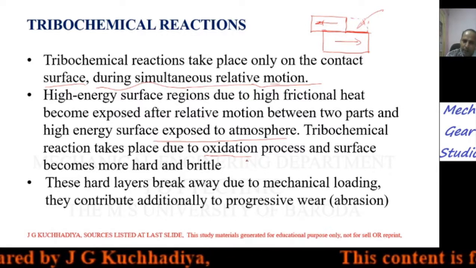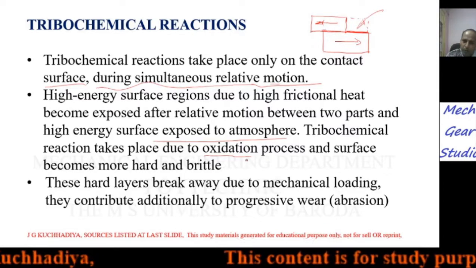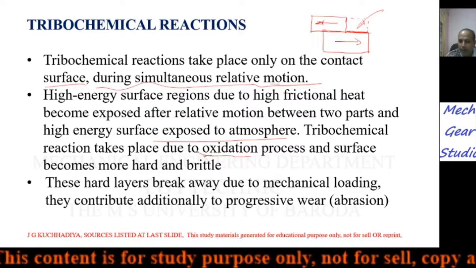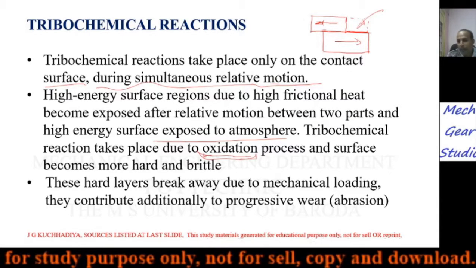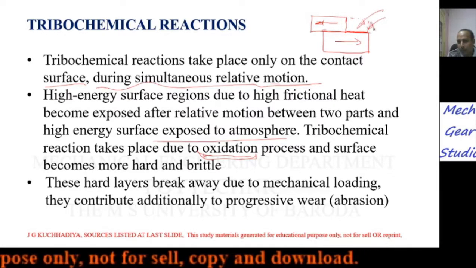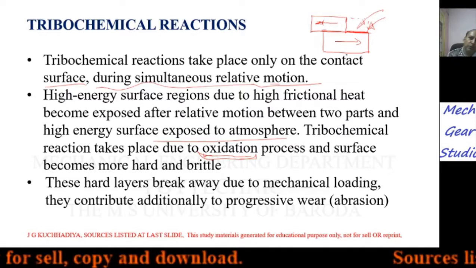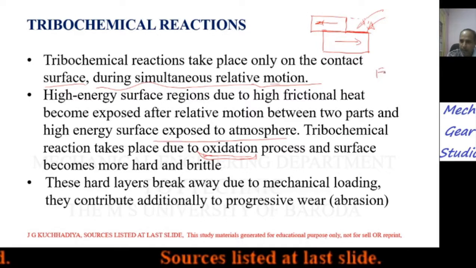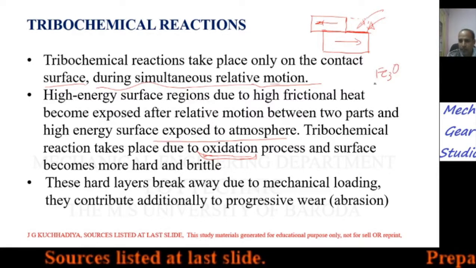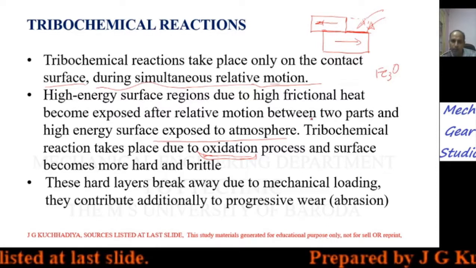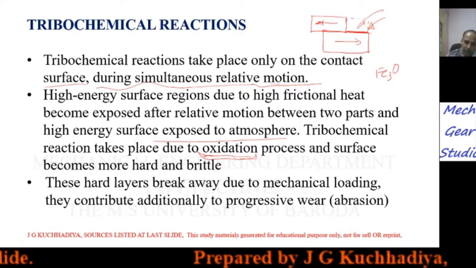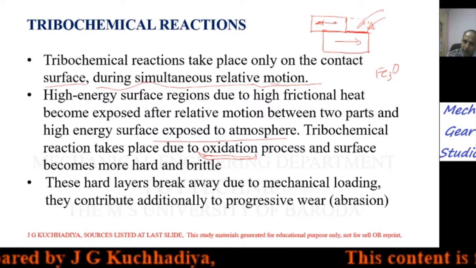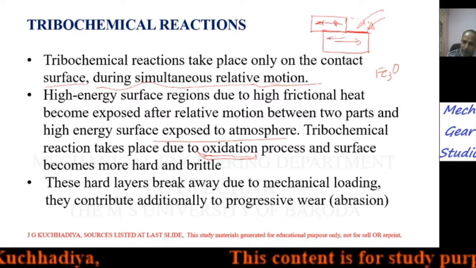Some oxides are created in the presence of moisture, that is corrosion, but for some materials oxidation reactivity is higher at elevated temperature. So here temperature is increased and oxygen is present in the nearby atmosphere. So this surface reacts with oxygen and creates oxide. Suppose iron is present, then iron oxide is created. And oxides are always hard and brittle material. Again, this oxide layer is created here, and this component is reciprocating in this direction, and then going backward again.